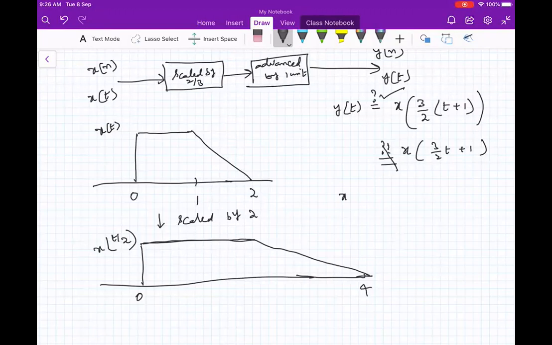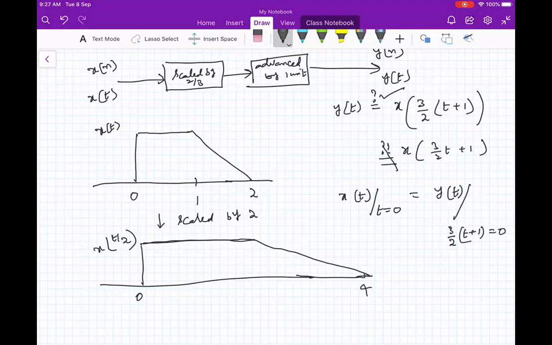Quickly, you should tell. X of t at t is equal to 0, t equal to 0 is equal to what? Is equal to? X of t at t equal to -1. Yeah, the same student can tell. Y of t at what? T equal to 0, at t equal to -1, sir. No, you should tell -1 clearly. You should not tell -1 and t equal to 0 and so on.